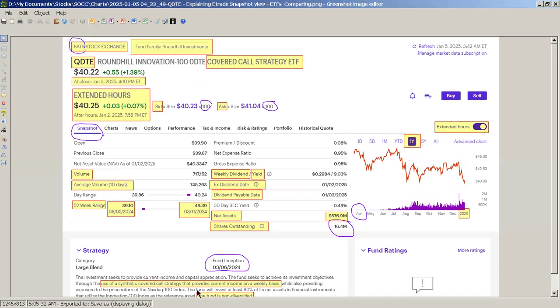The strategy section tells you a little bit. I'm assuming for Lucid, it would have said something about how they make electric vehicles. So one of the other things we want to go over, and you almost need a whole couple sections on dividends and how dividends work. But the stuff you're going to notice on almost any of the Yahoo, Fidelity, hopefully Robinhood, like I said, Robinhood don't have great charts. It's kind of designed to trade on the phone, so it's hard to get all this on the phone. But anyway, you'll see the weekly